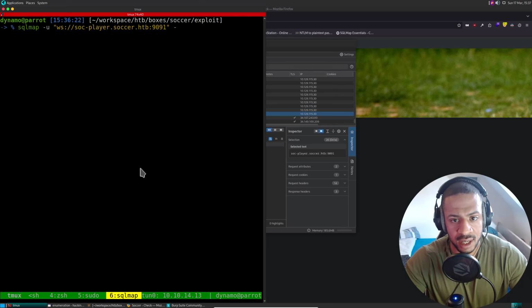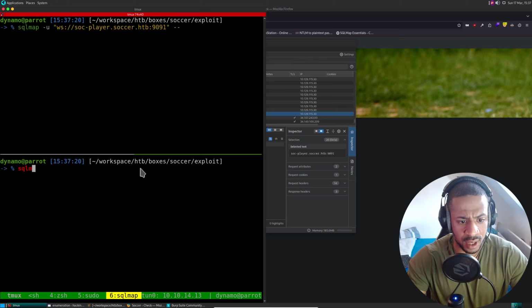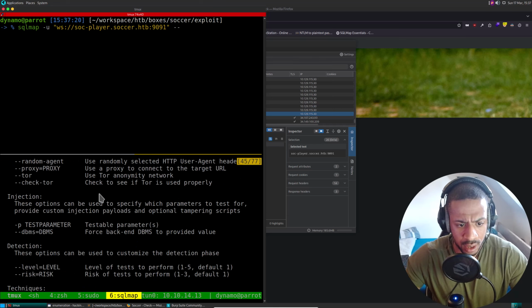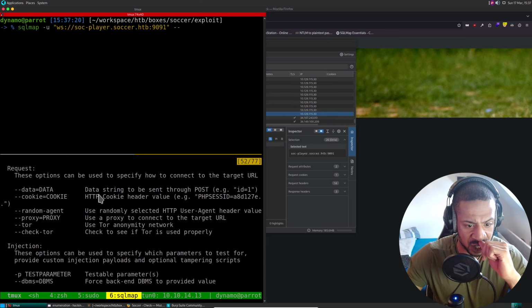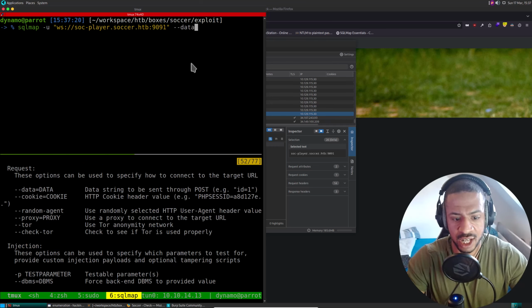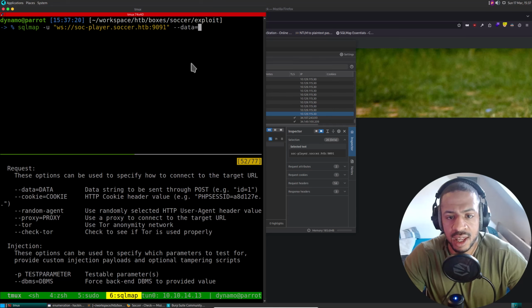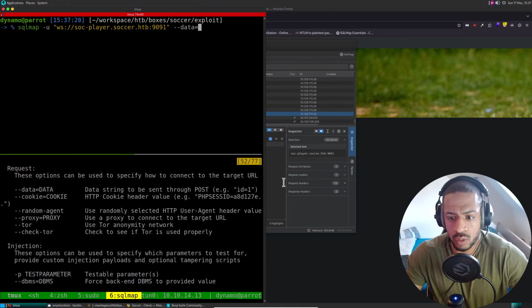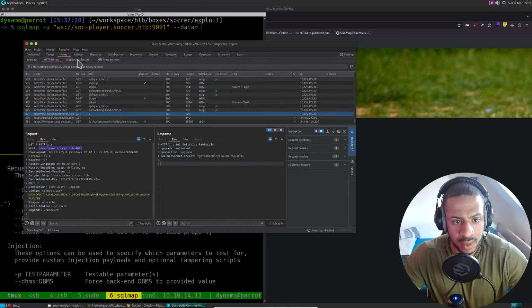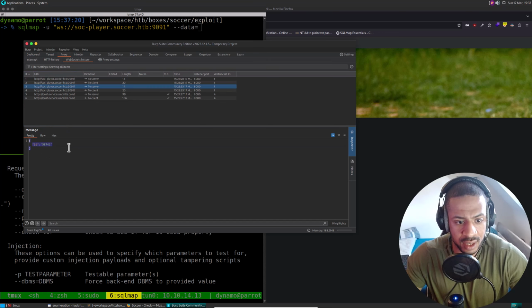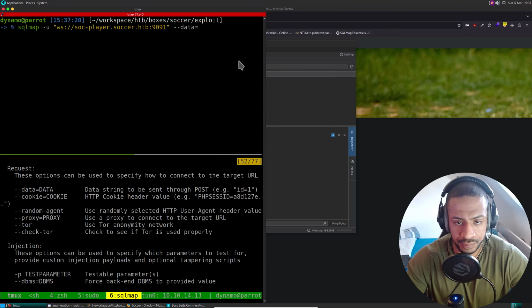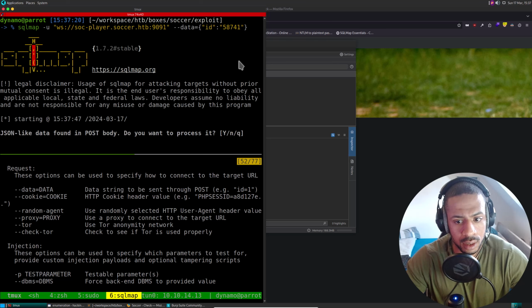Yes, and then let's do sqlmap --help just to be sure. Data, is it --data? Yes, it is --data equals, and then what is the data? WebSockets, this is the data. Does this work?